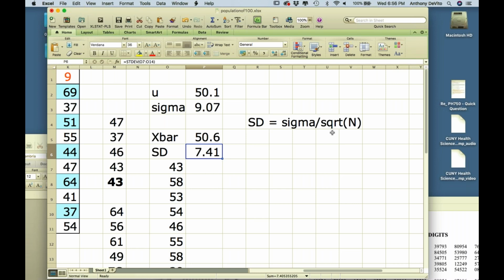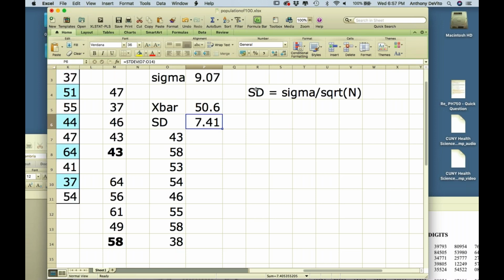Well, what does this tell us? What if the sample size were 25? The square root of 25 is 5, then the standard deviation for our sample means is going to be, instead of 9, 9 divided by 5. It gets smaller. The variability in these numbers gets smaller and smaller as the sample size goes up. For 100, then the standard deviation would be 0.9. They'd be much closer together, right?